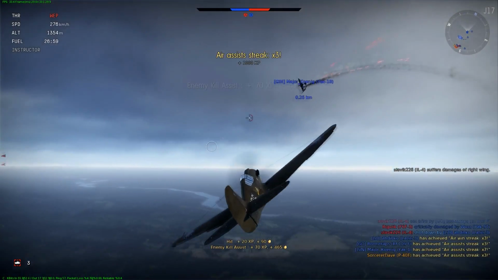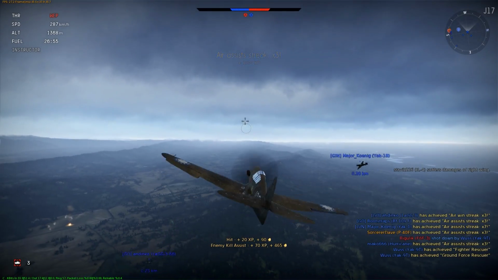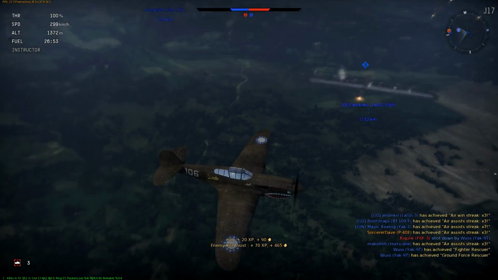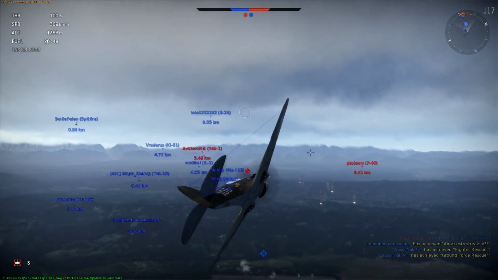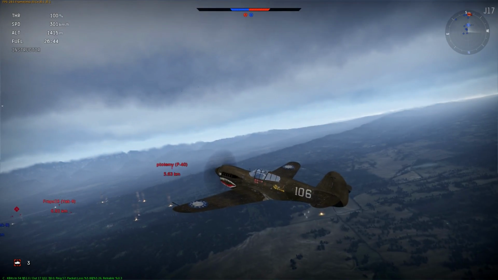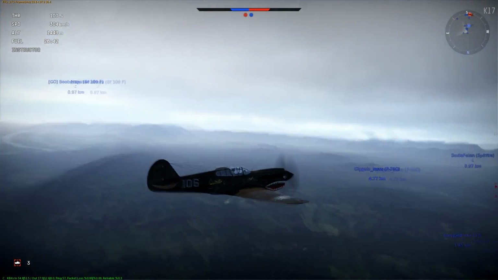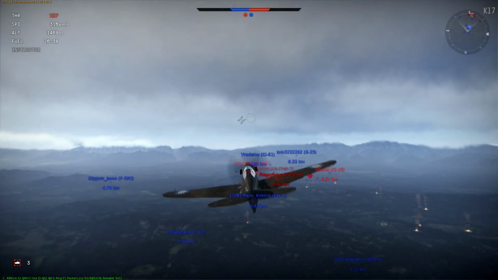Enemy kill assist, there we go. You'll get a lot of assists while you're playing energy fighters. You will notice that a lot. Quite often you will not, unless you've got exceptionally good firepower, if you're flying a Focke-Wulf 190 or something with massive amounts of cannons on it, you'll find quite often you won't manage to actually outright kill someone when going